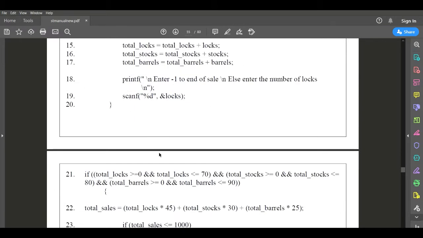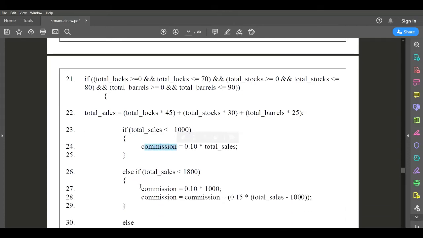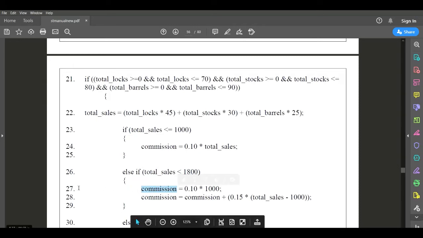Where we are using it, here also it is defined in line number 24. Please remember, it is defined in line number 6, line number 24, line number 27. When we are using it in line number 27, this 27 is defined, where we are using it next.